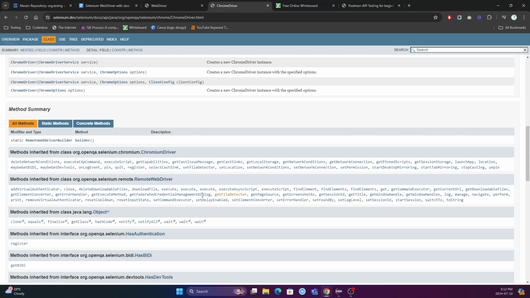We don't have to define or declare any method to close the browser. The close method already has that code. All you have to do is call this method in our code, and it will close the current browser. With find elements, we pass the path of the element, and it will find that element from that application. So all you have to know is how to call those methods from this